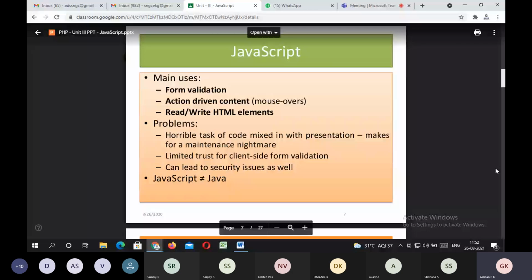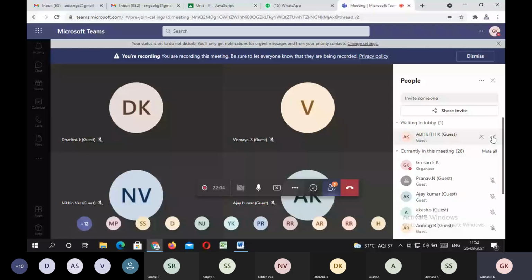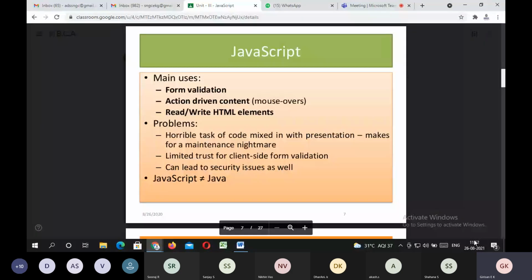In general, if you go to most of the websites, you have certain forms which have to be entered by the user. For example, there is an application form in which the user will type his name, his phone number, or email address. So this JavaScript can be deployed for validating that.